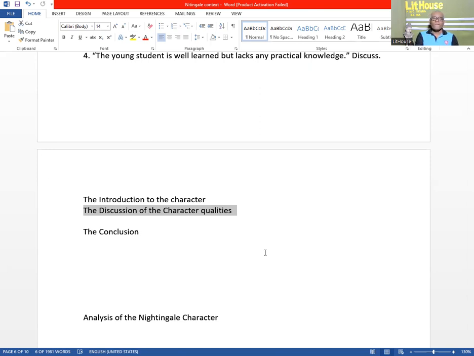Then the conclusion. This is the last paragraph of your essay. You are going to conclude your analysis. You have to say if the nightingale is good or bad, or intelligent. Simply, it is a summary of the discussion,